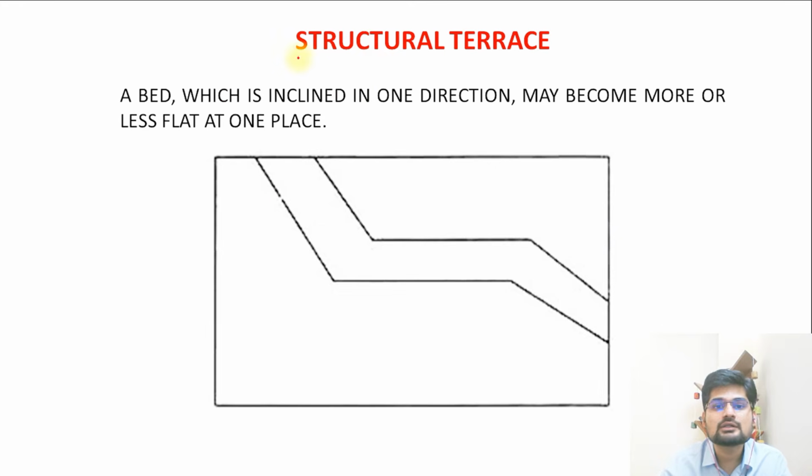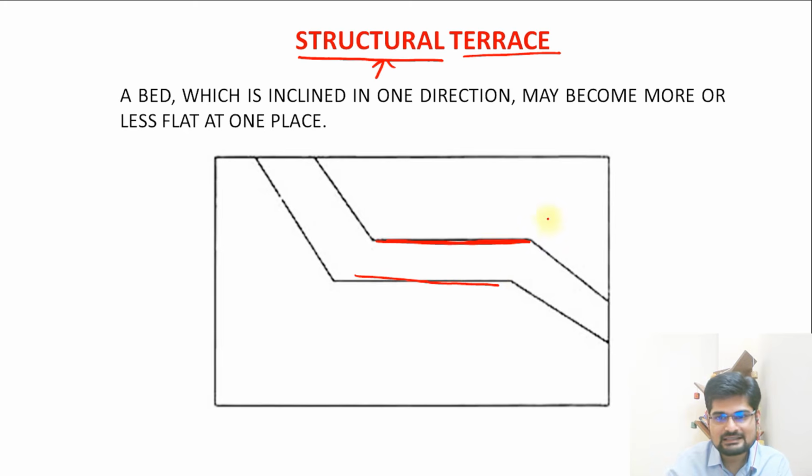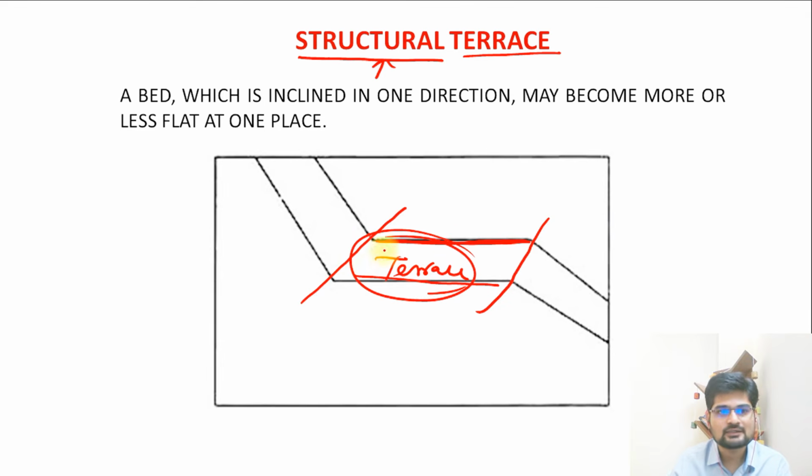Then structural terrace. In structural terrace, the words are structure and then terrace. You remember going to a terrace. So this is what has formed. This is what we call the terrace, and these are the axes of the fold, right? So this is the terrace formation happening here. If the fold is bending in a way where a terrace is being formed, it is called a structural terrace on the basis of this particular shape.